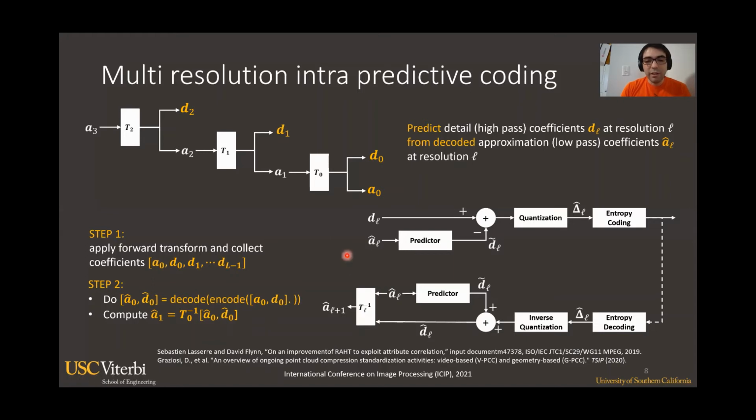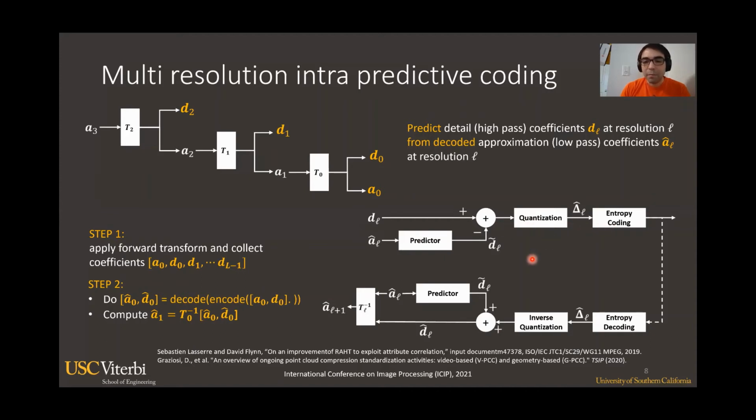Now, for a given resolution L, we have two inputs: the signal that we want to encode, the detailed coefficients, and the previously decoded approximation coefficients. We use these approximation coefficients to predict the detailed coefficients. Then we compute the difference between this estimator and the detailed coefficients, and then pass them through a traditional transform